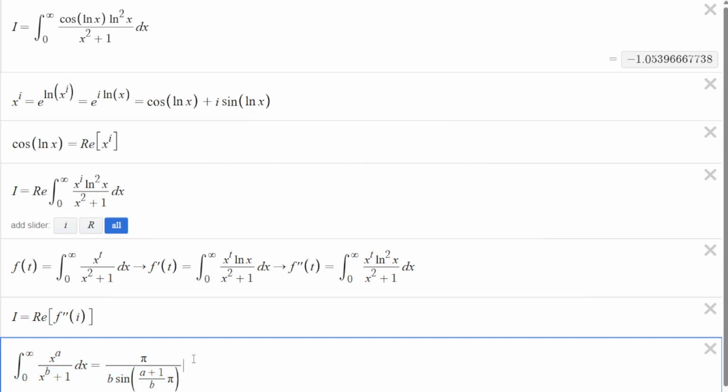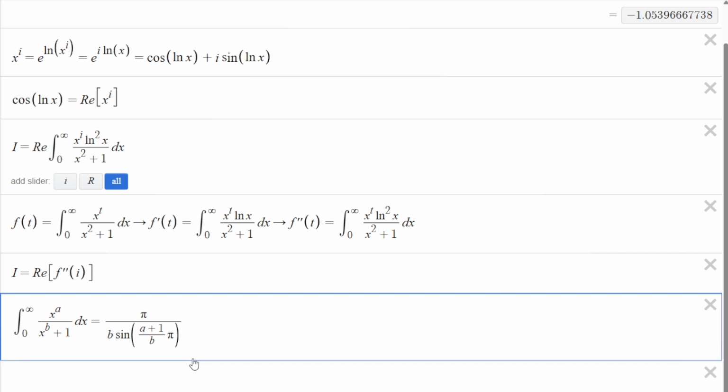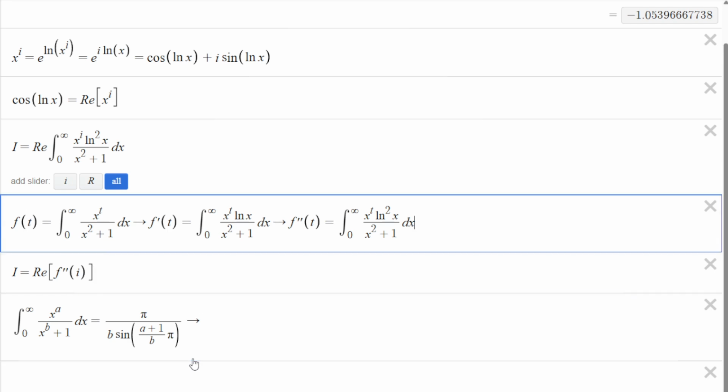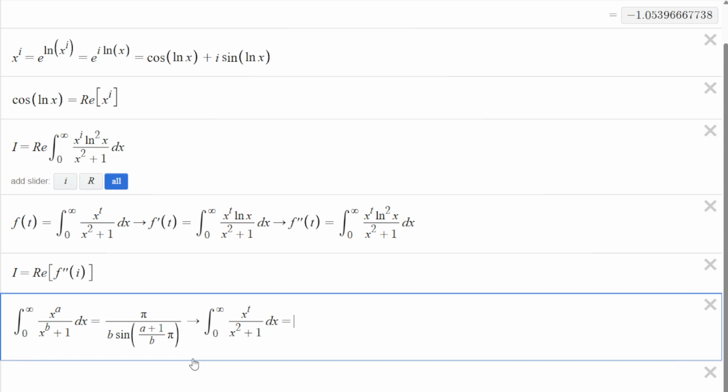That's beyond the scope of this channel. Needless to say, it is going to converge for the values that we need it to converge for. All right, so let's go ahead and use this formula and see what we get. Well, this implies that this is equal to, well, we're just going to take this